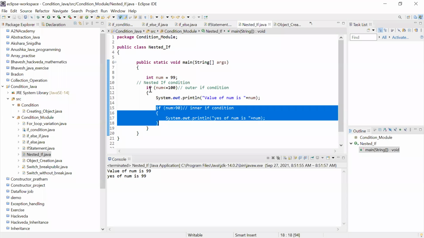Hope you understand this. What is nested if condition? So nested if means there is an if condition inside another if condition. So this is called nested if.